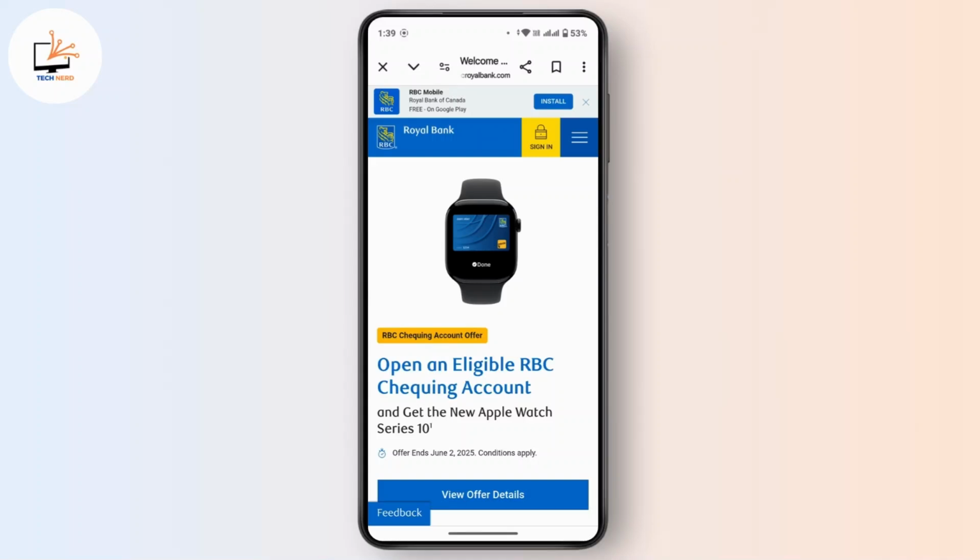After that, there you will find an option as edit limits. Tap on edit limits and then follow the on-screen instructions in order to set your desired limits. Specify the new amount and expiry date for the limits as well. So in this way, you can increase your daily transaction limit in Royal Bank of Canada, and that's all for